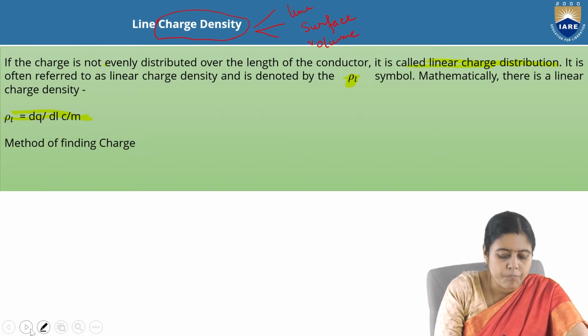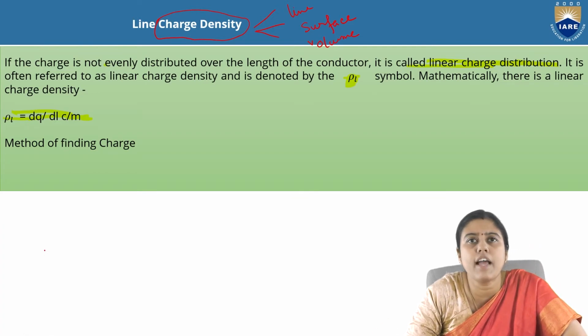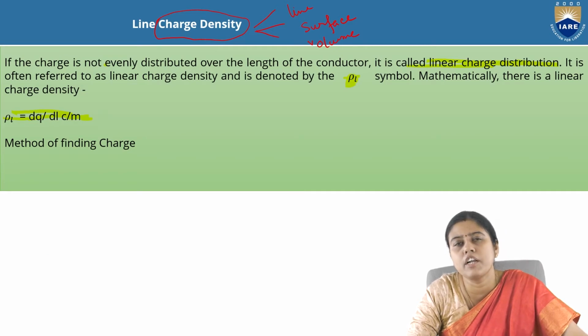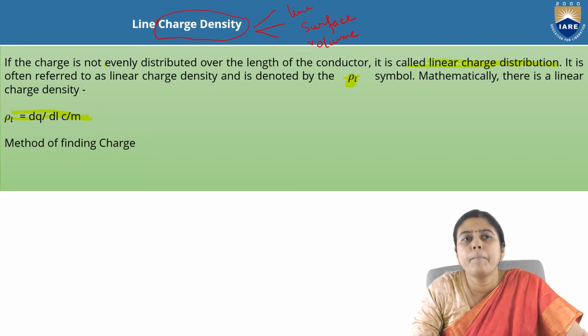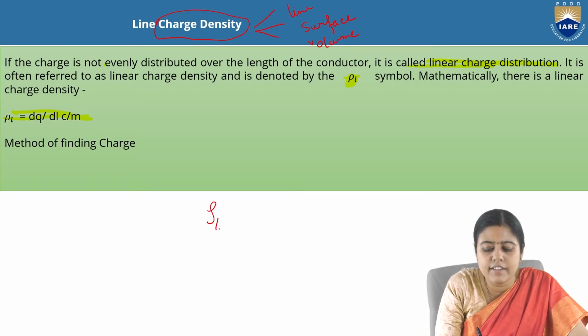In general, while we are discussing any charge distribution, we generally mention the charge density. So if we know the charge density rho L is equal to dq by dl,